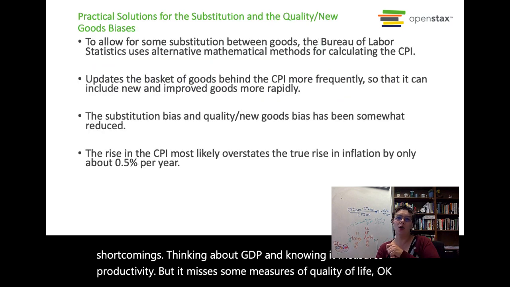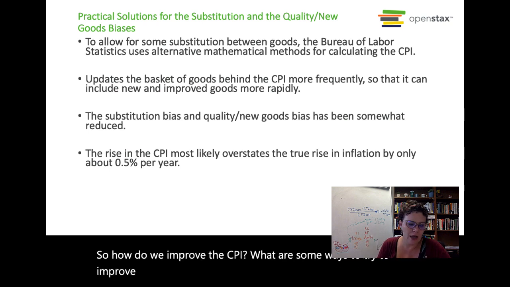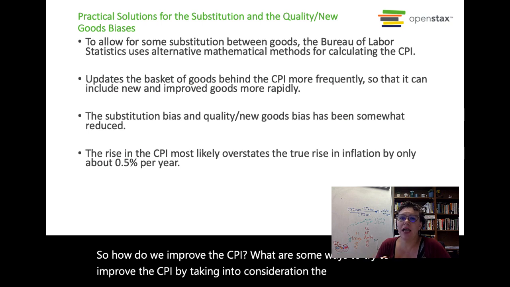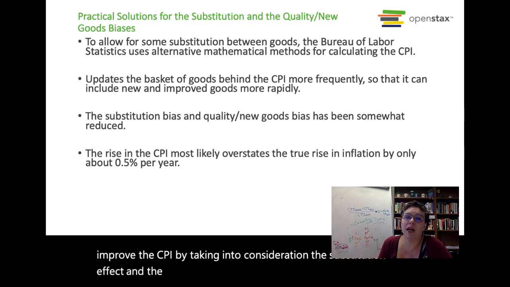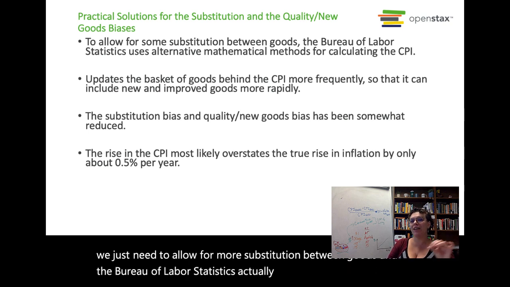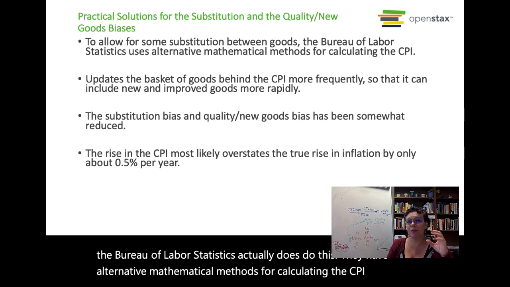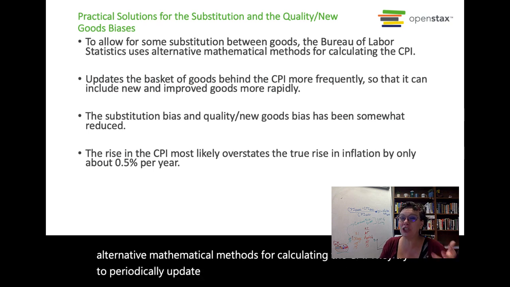Okay? So, how do we improve the CPI? What are some ways to try to improve the CPI by taking into consideration the substitution effect and the quality/new goods bias? One argument is that we just need to allow for more substitution between goods. And the Bureau of Labor Statistics actually does do this. They have alternative mathematical methods for calculating the CPI. They try to periodically update the basket of goods, and some argue that we should update it more frequently,